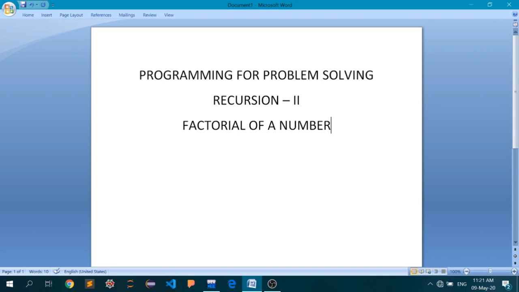We already know how to find the factorial of a number without using recursion. If I have to find the factorial of 5, all we have to do is multiply 5 by 4 by 3 by 2 by 1, and that is it. Sorry, this is your factorial in action.